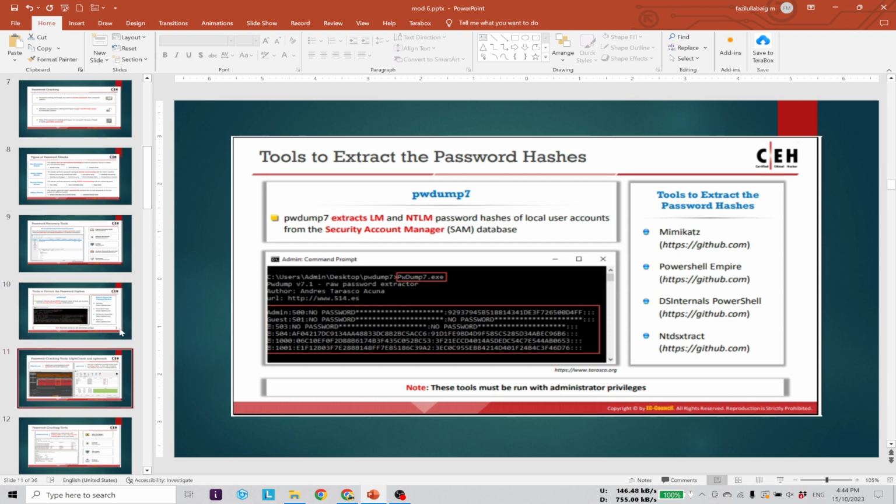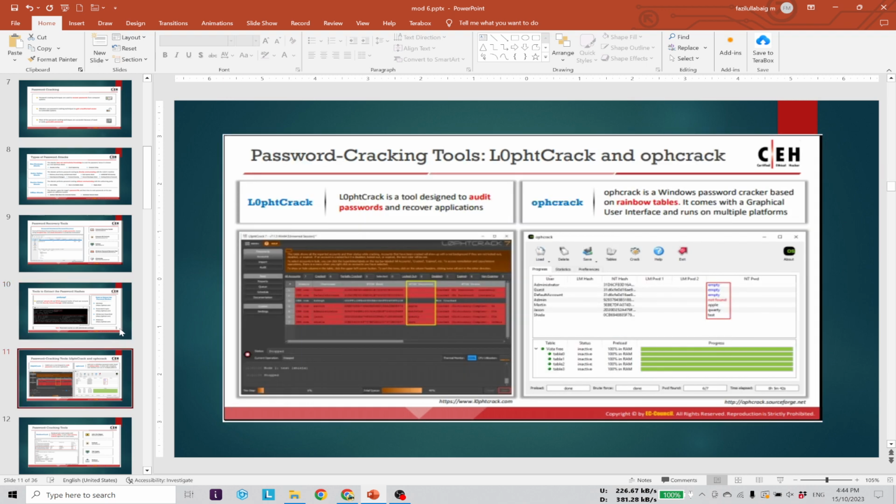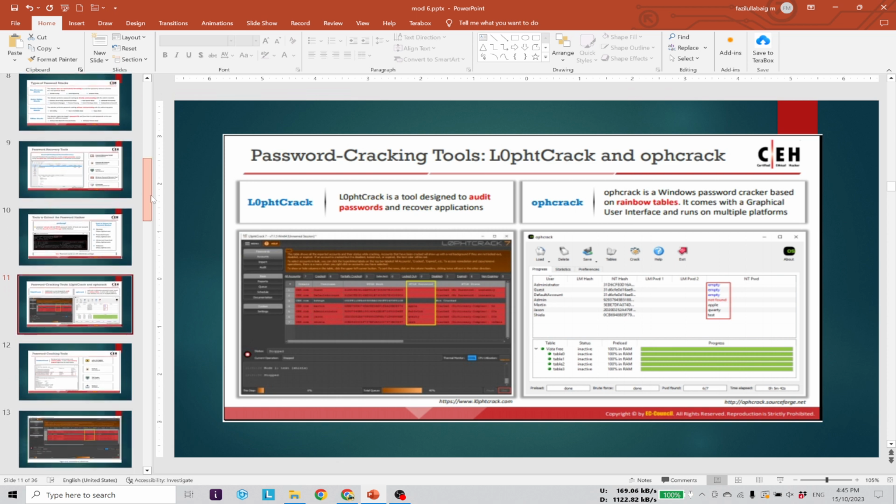Let's see the next slide. Password cracking tools. These tools are also available for Windows. If you want to understand how to use them, briefly, the YouTube videos are available. You can just Google it or search on YouTube. Then you will understand,